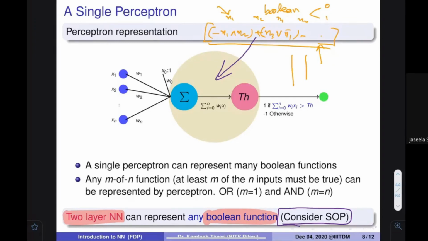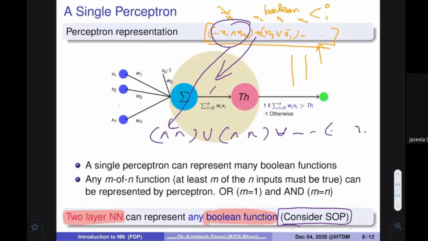So you can convert this into the sum of product form, where every item is actually an AND of something, and then out there is an OR, and inside there is again an OR, and you can put things this way. For these items you put one layer, then combining these items you put one OR layer, and then you take the output. This is a very high-level simplified idea. You will see much more detail in the next session, the second session.